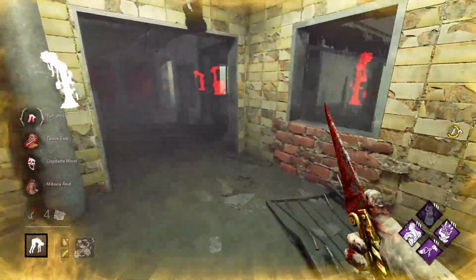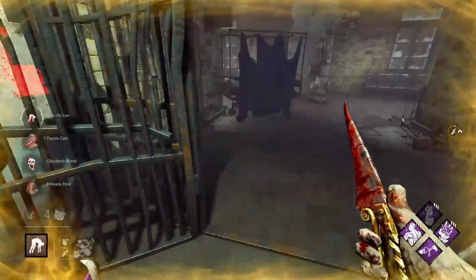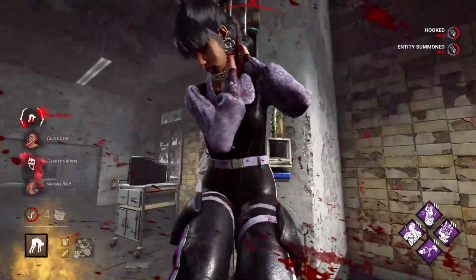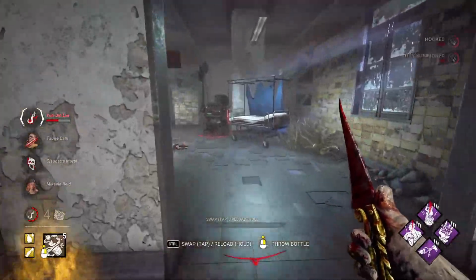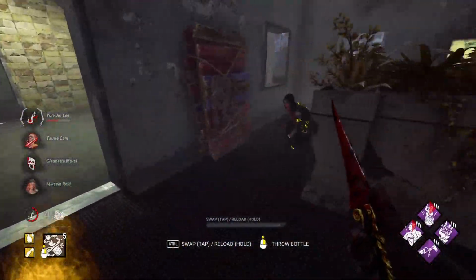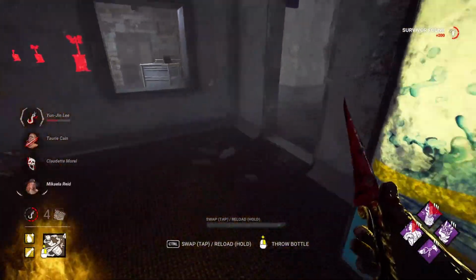I'm not seeing much of anything. Let's put her here on this Scourge Hook. Or soon-to-be Scourge Hook, I should say. This gen's got a lot of progress. Oh, someone's right here. This is perfect. He's going to camp a pallet. I'm going to put a bottle down, and...